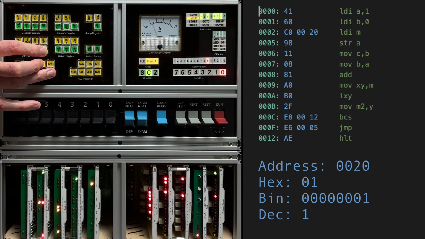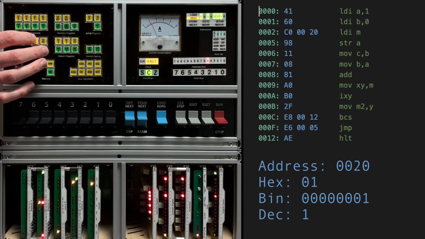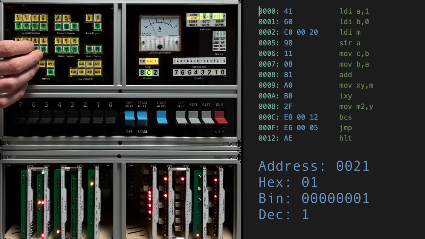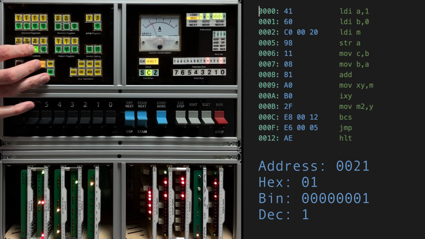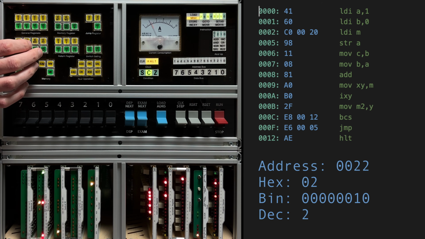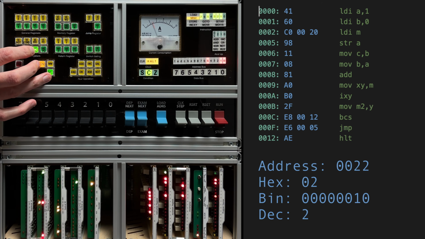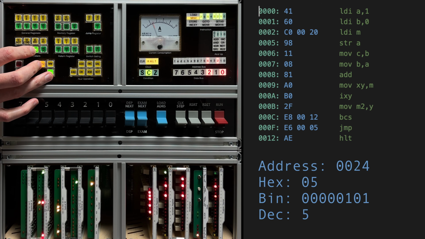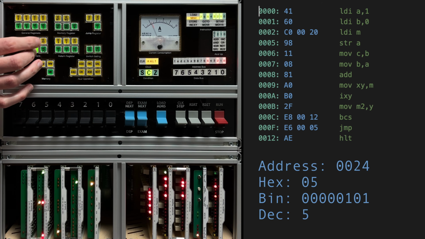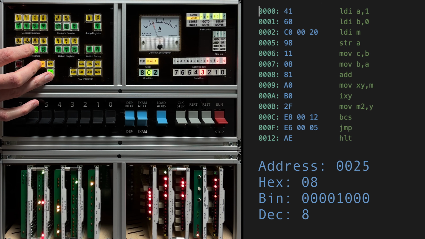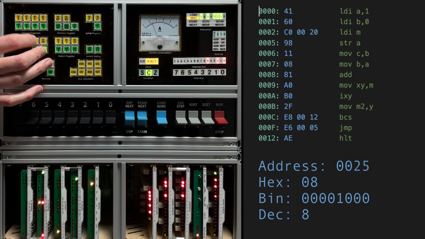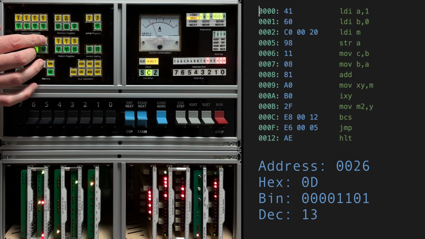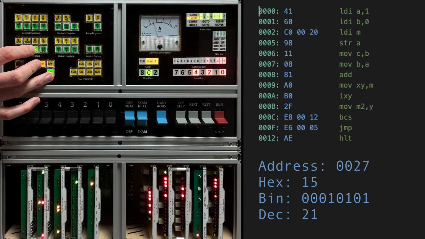Cool, that's a 1. 1, 2, 3, 5, 8, 0D, which is 13 in decimal, and then in hex we have 15,